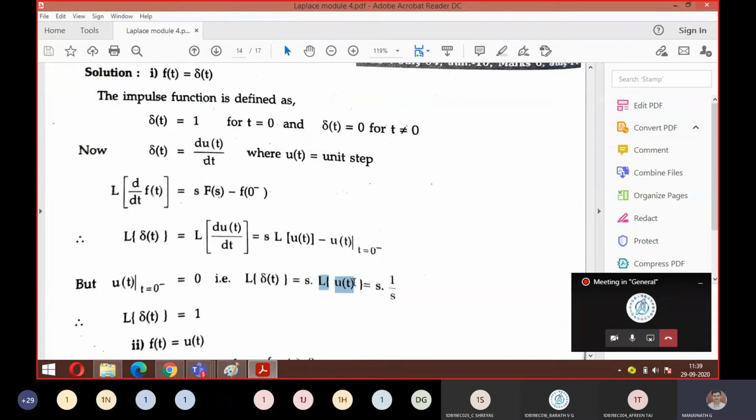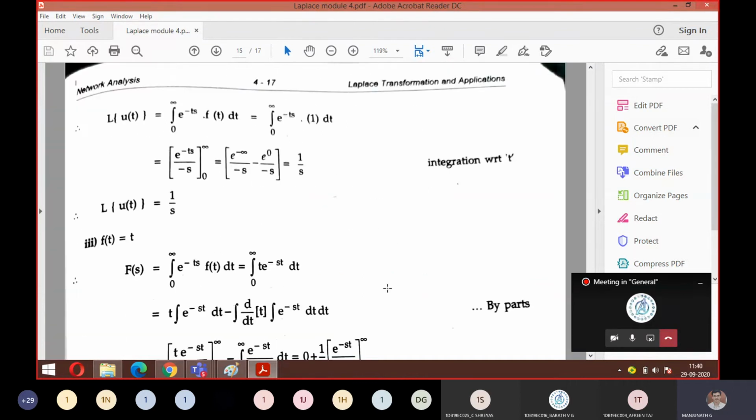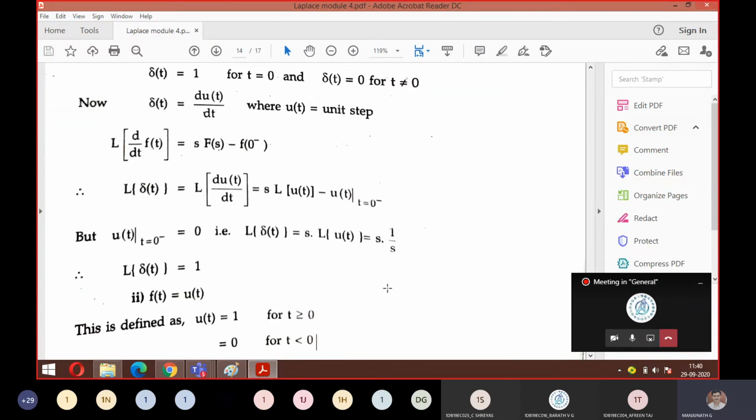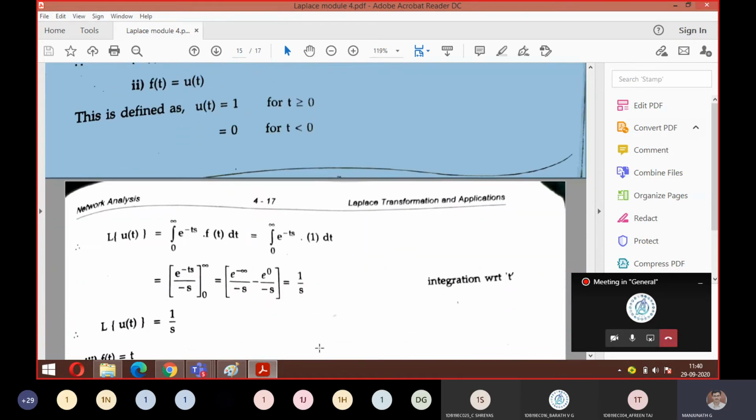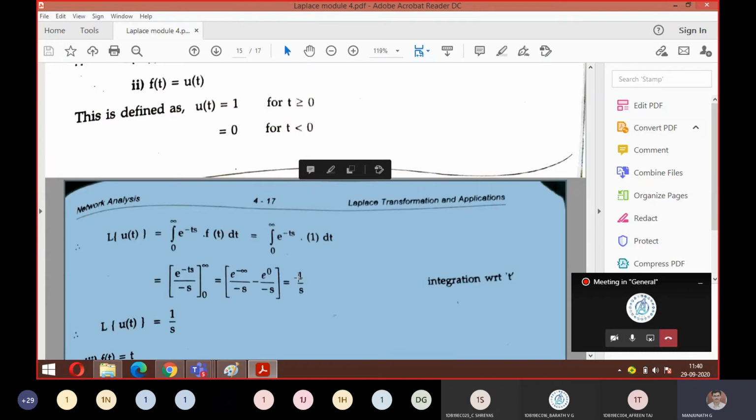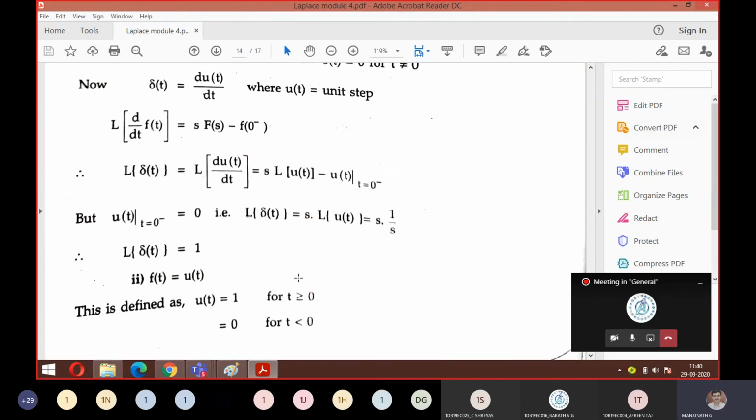The Laplace of your u of t function is 1 by s. You will come to know this once you solve the next answer. See, look here. You can remember it, but just listen here. You can prove this Laplace of u of t; that is your next question. So for the Laplace of u of t, you got the answer as 1 by s. That 1 by s is what they kept there. We will prove now how we got 1 by s, but just remember the formula for the Laplace of u of t as 1 by s.